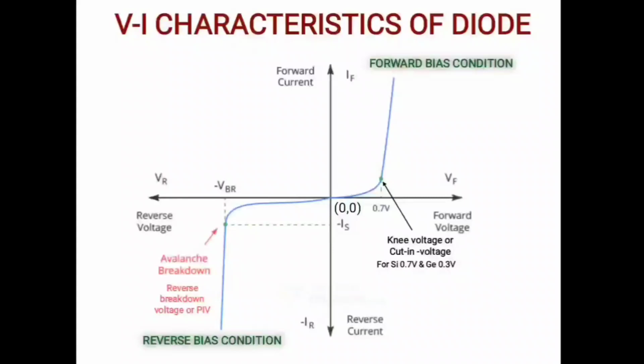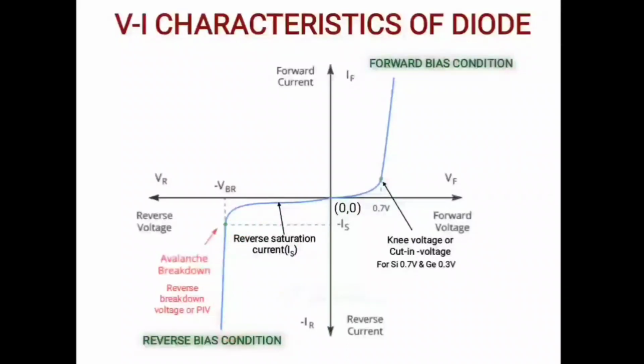On the other hand, in reverse bias condition, there will be a flow of small reverse current in the microampere range due to the flow of minority charge carriers. This constant reverse current is known as reverse saturation current, which is independent of applied reverse voltage. But there is a maximum limit in the application of reverse bias voltage. If we increase reverse bias voltage beyond this limit, it breaks down the p-n junction permanently, and a huge sudden increase in reverse current is observed in reverse bias also.